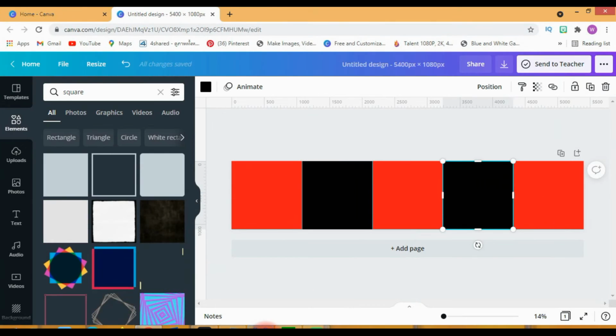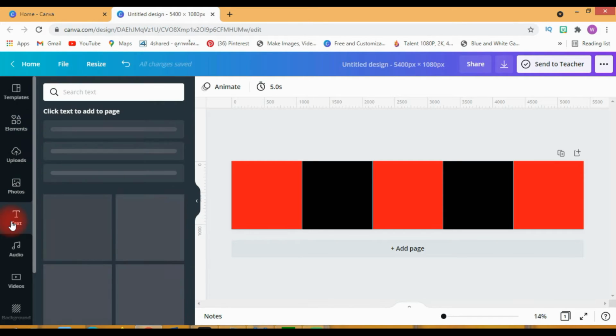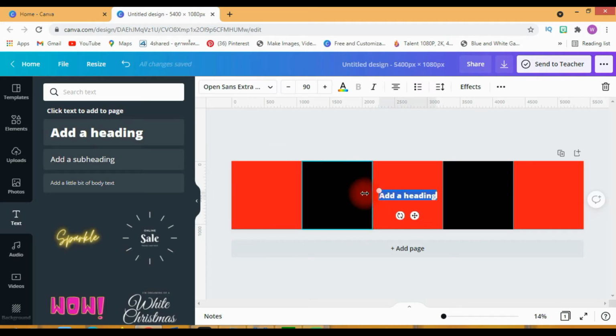Now the first step is branding. When you post, someone might copy it, so your branding must be there. My branding is Web of Lens, so I will add the text here.